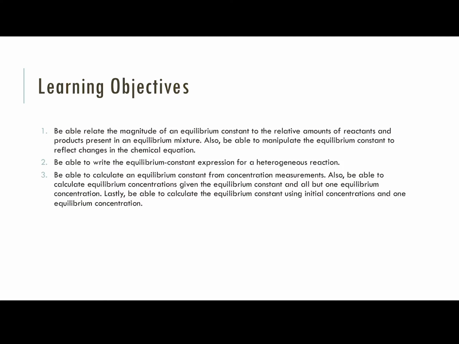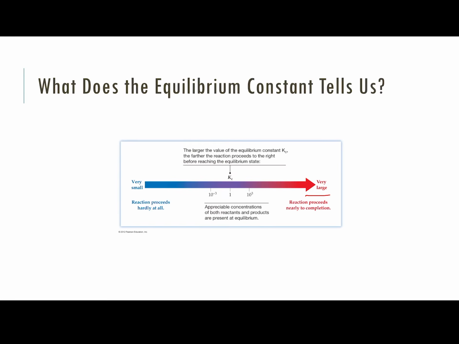Okay, so hopefully at this point you guys know that you can take your equilibrium constant, Kc, or even Kp, and get information about relative concentrations or amounts of product versus reactant. So if we have a Kc that's around 1, we have a fairly even amount of products and reactants at equilibrium. But if we have a very, very large equilibrium constant, that means that we have one that favors our